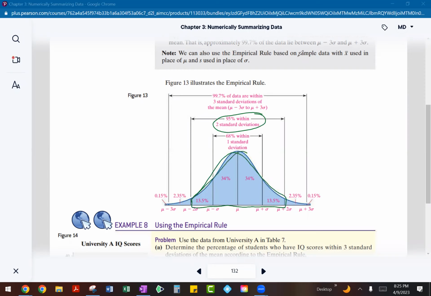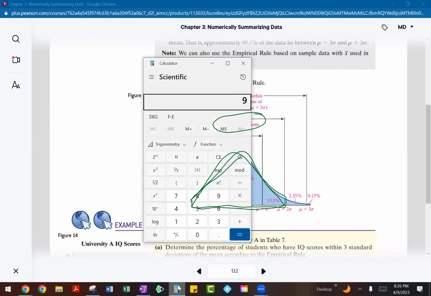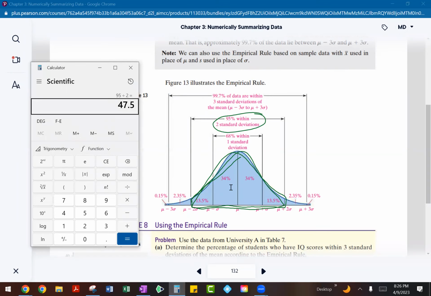So that's two standard deviations away from the mean. So this entire section here is going to be 95%. The idea is if you take 95% and divide it in half, and let me show you that on our calculator here, you can see that's going to come out to be 47.5. And if you add 34 and 13.5% together,